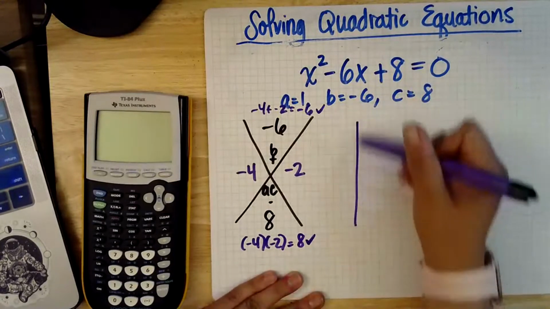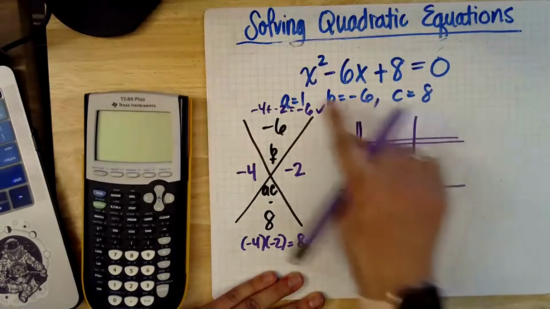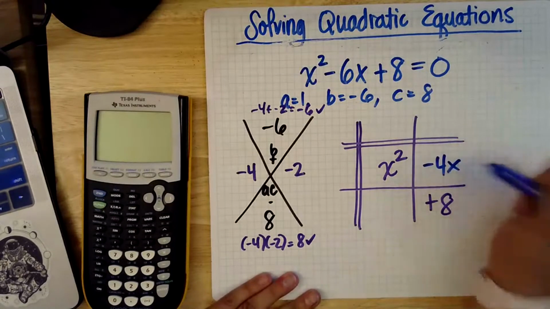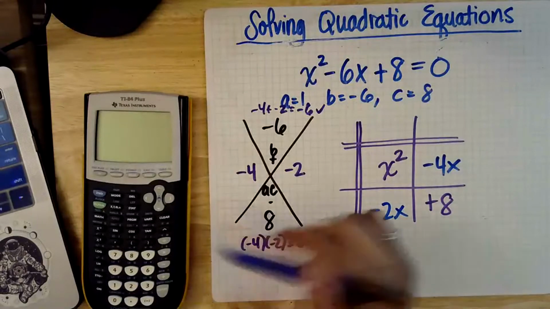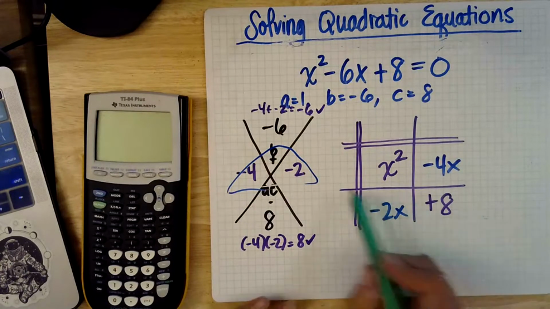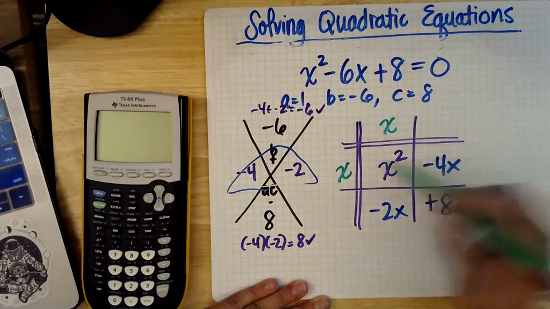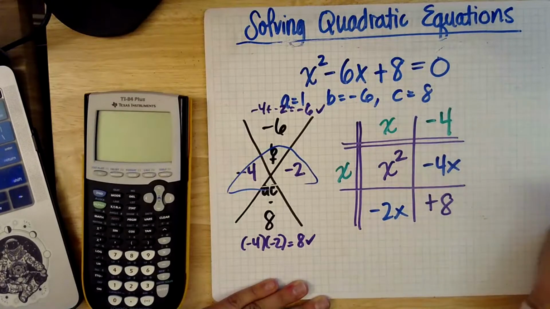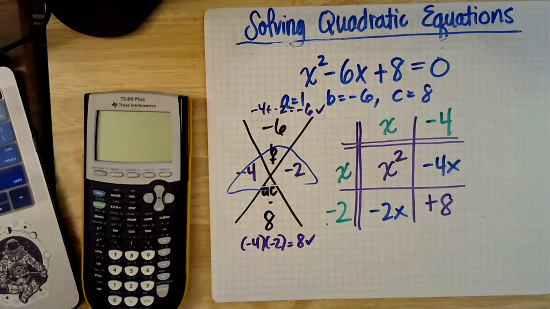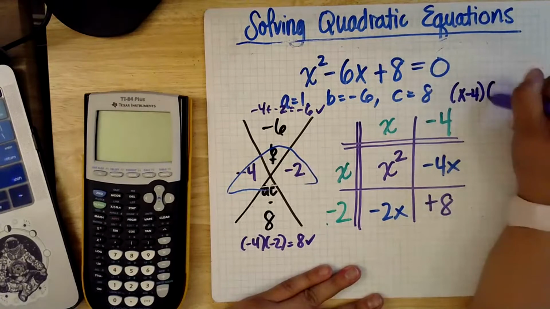Awesome. So now I'm going to go ahead and make my box. So I have x squared always here, positive 8 here, and negative 4x and negative 2x go here. Remember, these guys will always have the variable of b. Now let's go ahead and figure out what that is. What do these guys have in common? They have an x. X times what gives me x squared? X. X times what gives me negative 4x? Negative 4. X times what gives me negative 2x? Negative 2. And does this check out? Yes, it does. So I was able to find that I now have x minus 4 and x minus 2